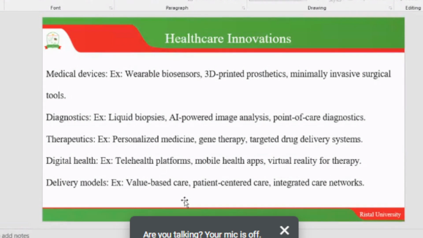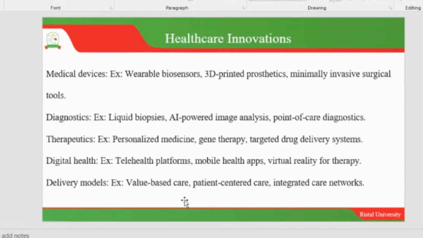But they can just use these minimally invasive surgical tools, where they insert that surgical tool, which is having a camera, into someone's body, and then it can be able to show what is wrong, and then how it can be corrected without having to cut a wide surface area. Then in diagnostics, we have liquid biopsies, we have AI powered image analysis,